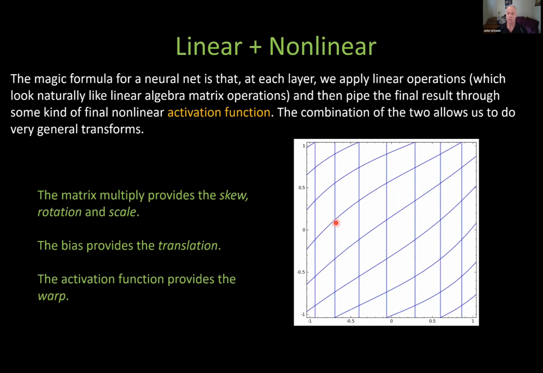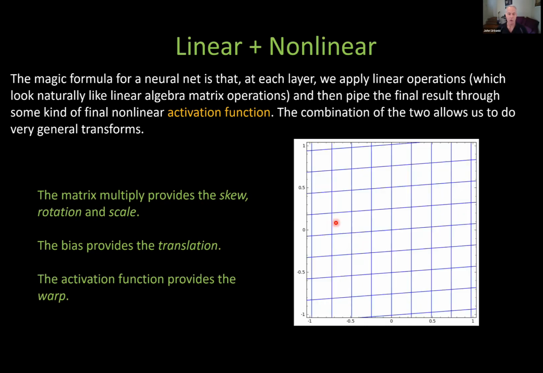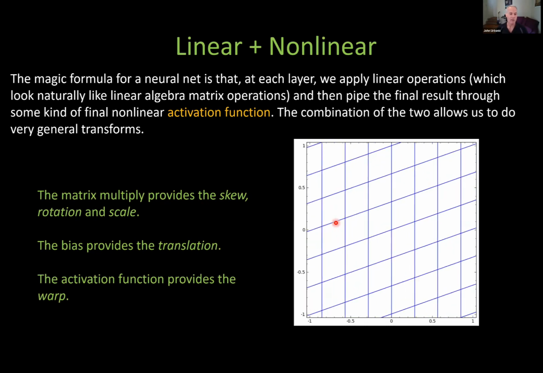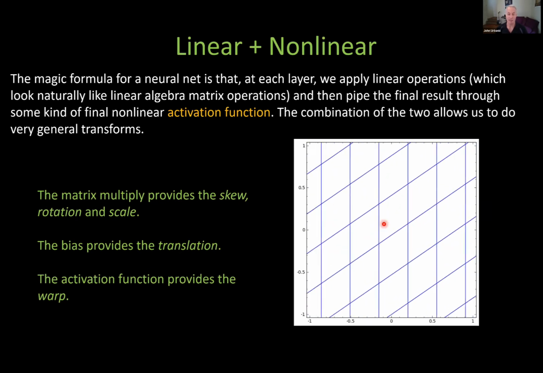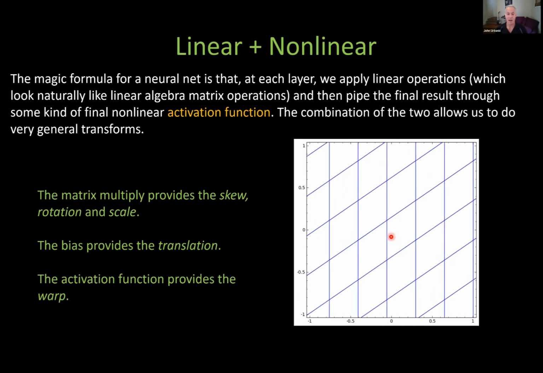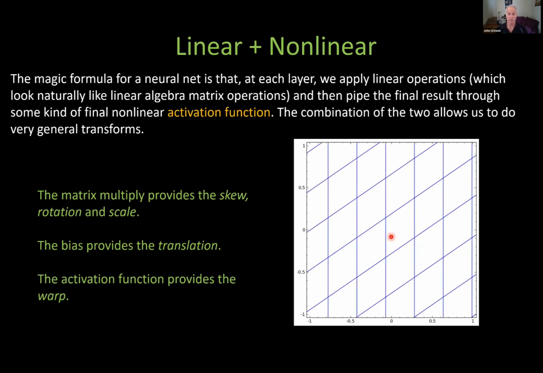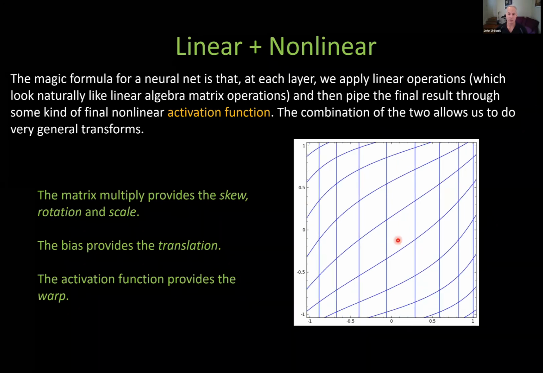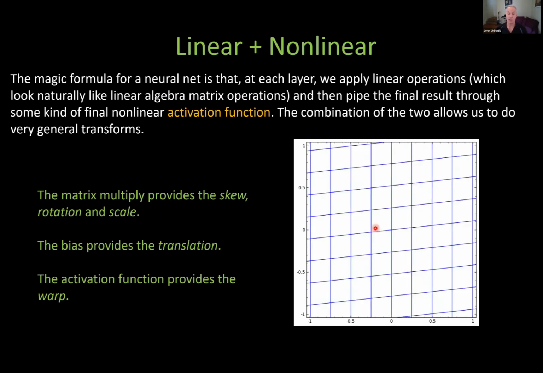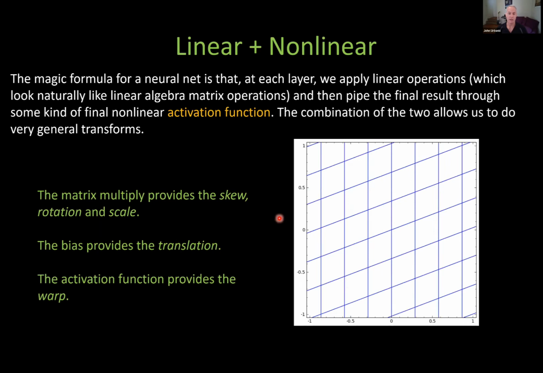And at the very end, when the lines start to bend, that warping, that operation can only be done with nonlinear functions. So all the matrix operations in the world can't bend these lines. It can skew them like this. It can slide them around. It can scale them, but it can't warp them. That's why nonlinear functions are so key to what we're doing here. They give us this warping ability,